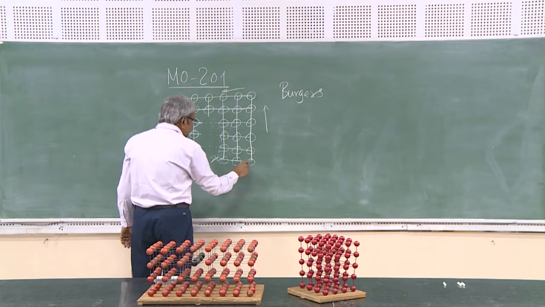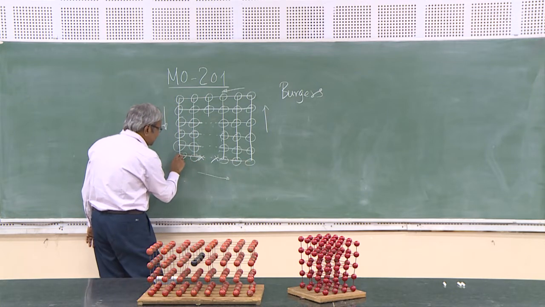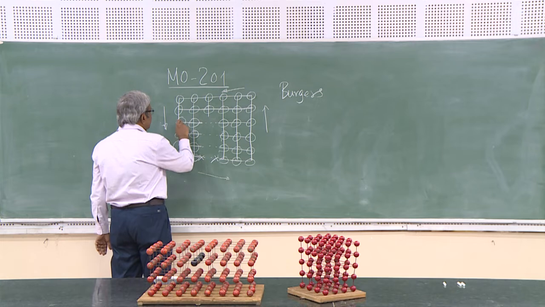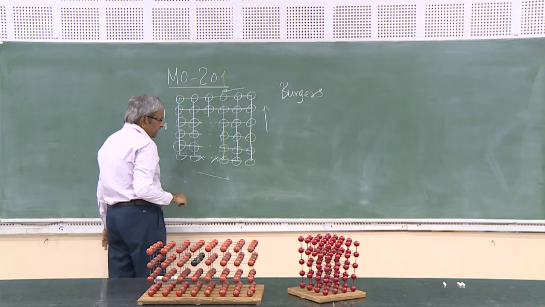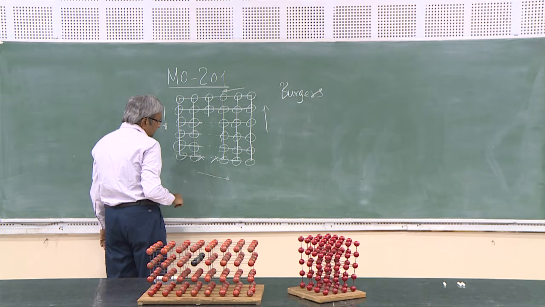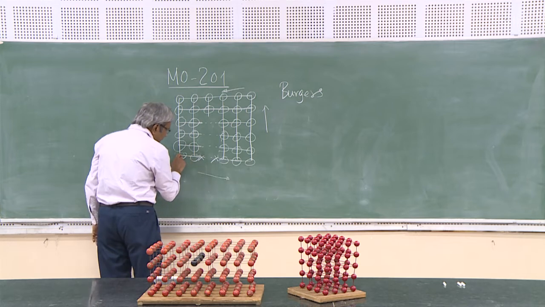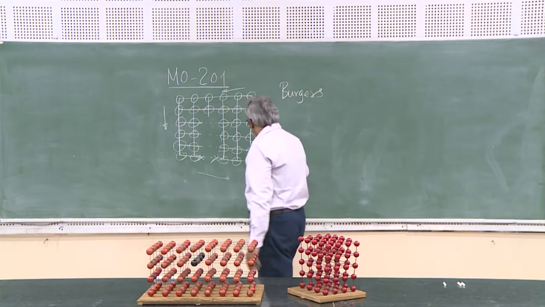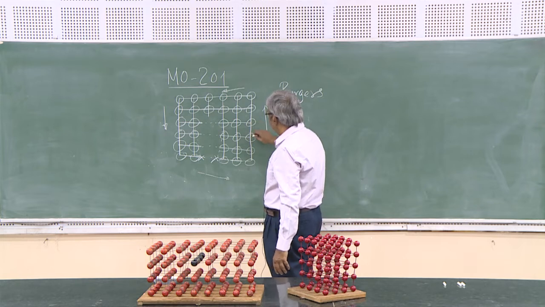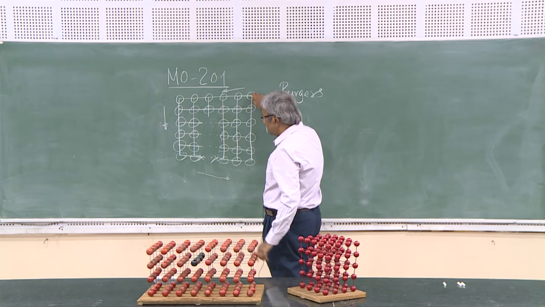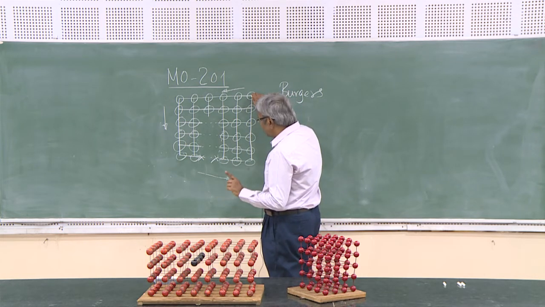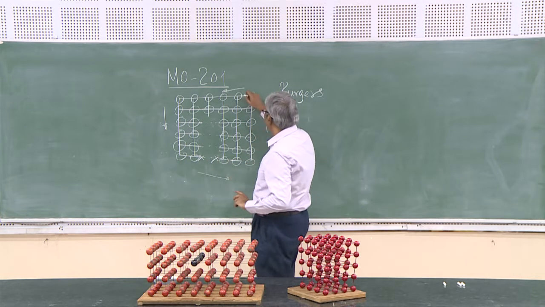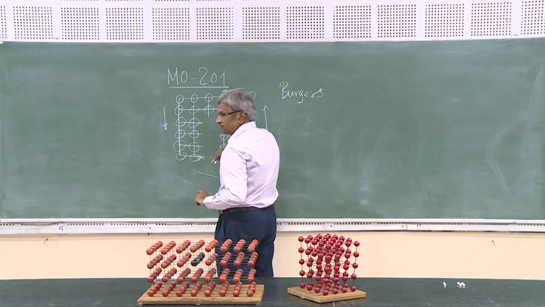So, now in case you want to see the Burgers circuit again, 1 step, 2 step, 3 step, 4 step, 5 step. You can count from this side. So, you start from 1 step, 2 step, 3 step, 4 step. 1 step, 2 step, 3 step, 4 step, 5 step, right. Now, we will be going to 4 only, because this side you have gone to only 4 steps. So, go 1, 2, 3, 4 steps.